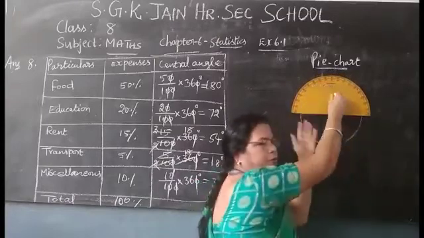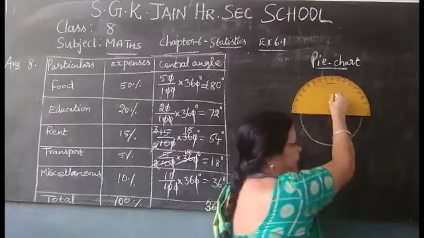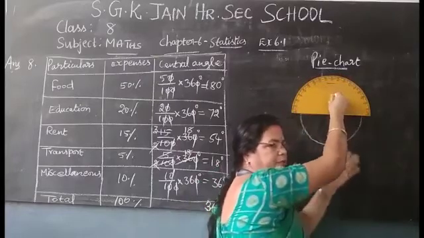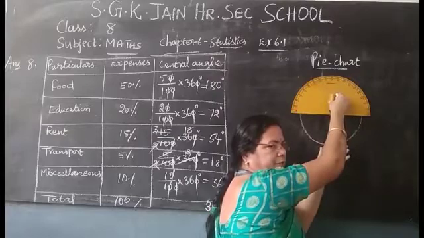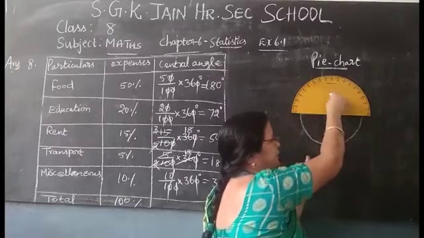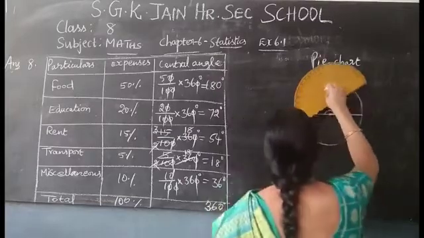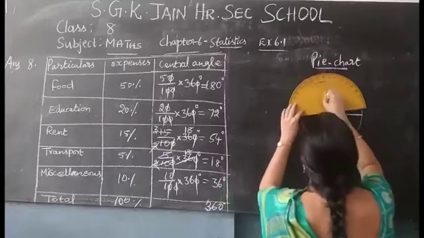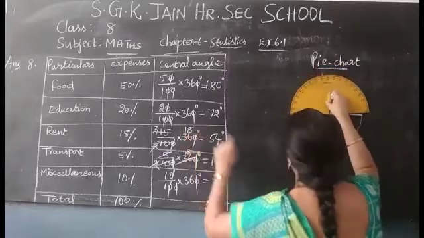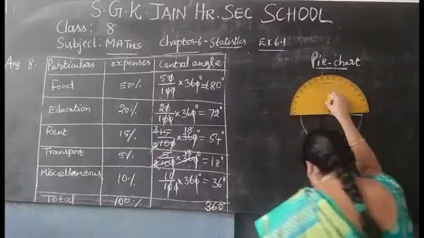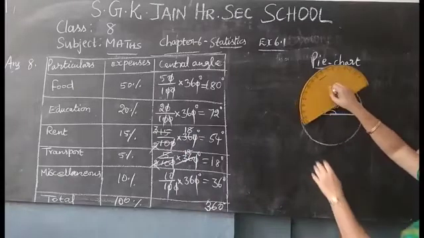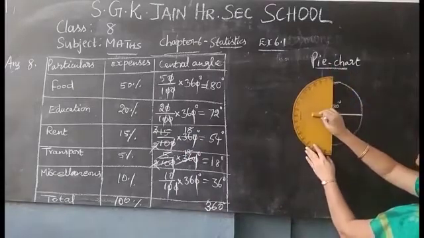So it is easy for you to rotate in the left hand direction. You can use the right hand direction also, but it is easy to rotate like this. Okay. So you can use here 180 degree. How much? 72 degree I am going to take now. See how I am going to take this.